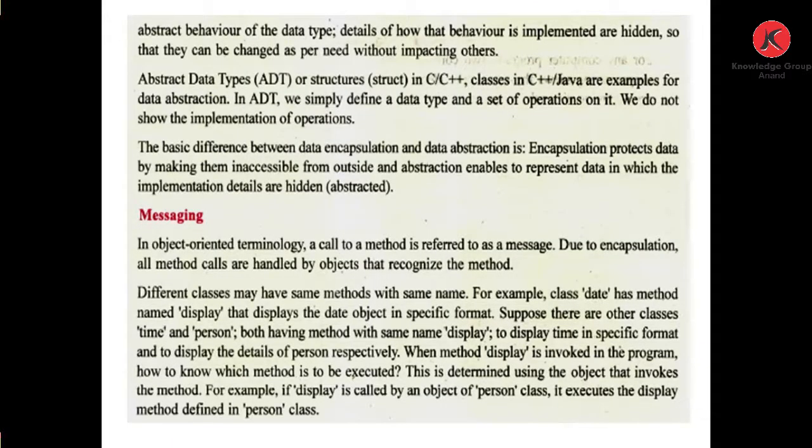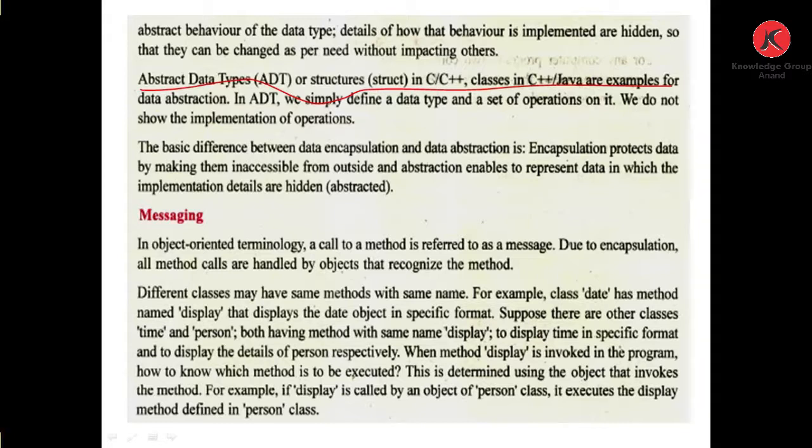Abstract data types. ADT stands for abstract data types, or structures in C++. Classes in C++ and Java are examples of data abstraction. In an ADT we simply define a data type and a set of operations on it. We do not show the implementation of the operations.